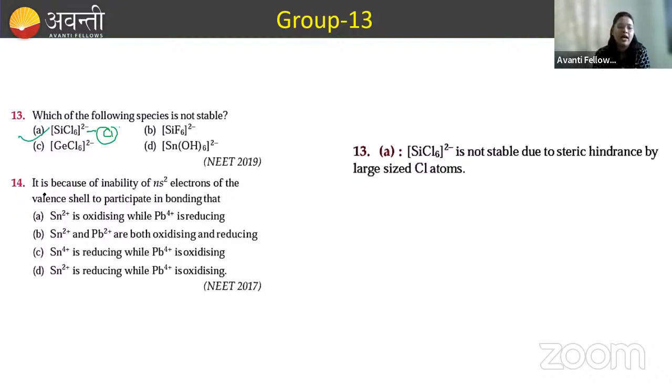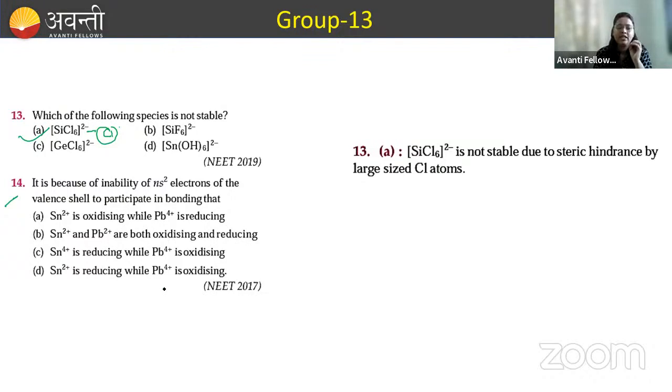Next question: it is because of inability of ns2 electrons of the valence shell to participate in the bonding that Sn2+ is reducing while Pb4+ is oxidizing. Sn2+ and Pb2+ both are oxidizing and reducing. Sn4+ is reducing while Pb4+ is oxidizing. Sn2+ is reducing and Pb4+ is oxidizing. So यहाँ